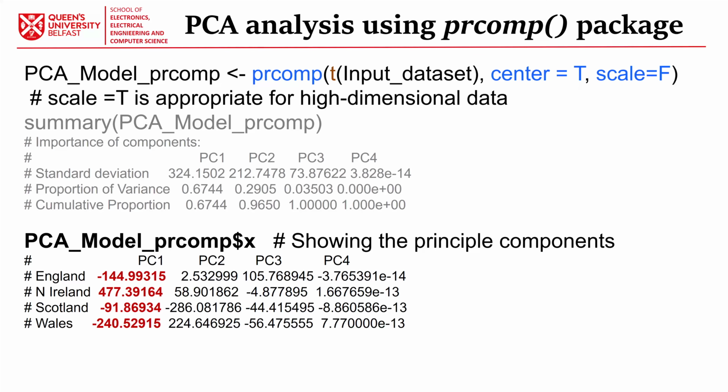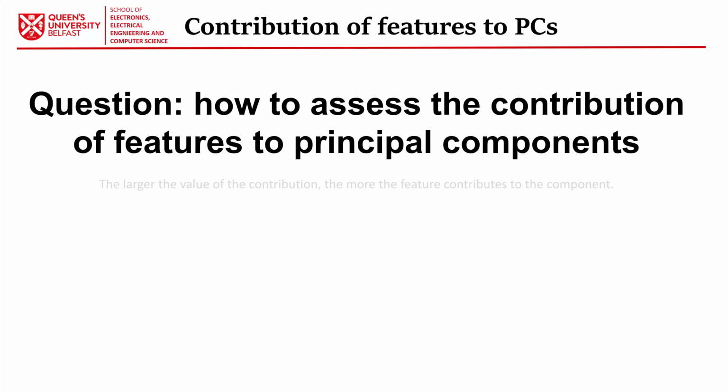Let me see if other students have an answer. Yeah, I mentioned 3 times, because the total cumulative percentage of variance is 100% using 3 PCAs. I'm going to come back to